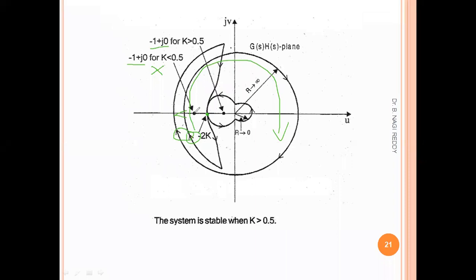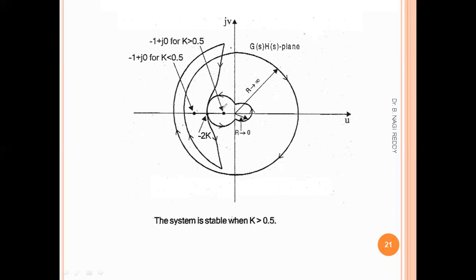So that's why in the closed loop stability analysis, definitely we will have a pole on the right side of the S-plane. That means this is unstable. When k is less than 0.5, the system is unstable. So to make the system stable, we must choose the k value greater than 0.5. So greater than 0.5 means you can see the point will lie here, because the k value is high. So the point will come inside the circle.